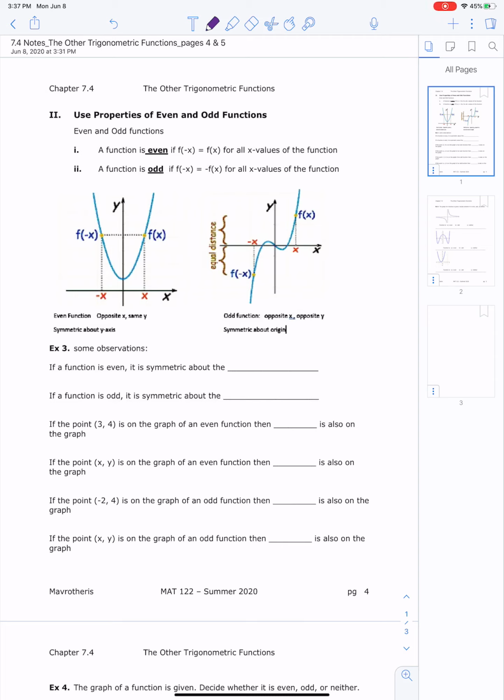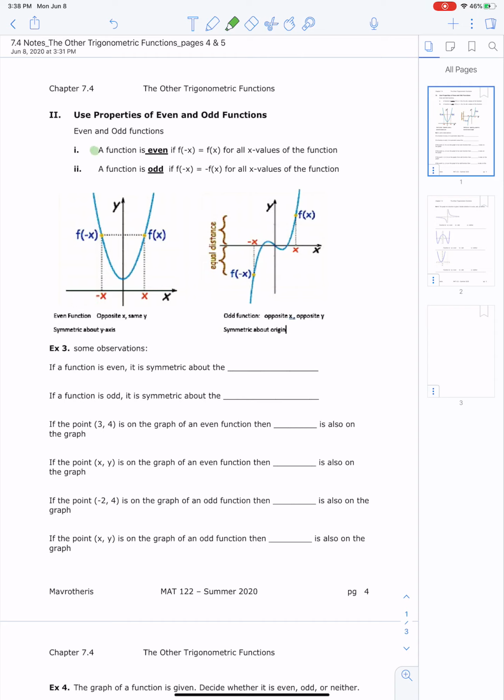Okay, section 7.4, the other trigonometric functions. We are going to knock off pages 4 and 5 in the notes. Pretty straightforward. So a function is even if f of negative x equals f of x for all x values